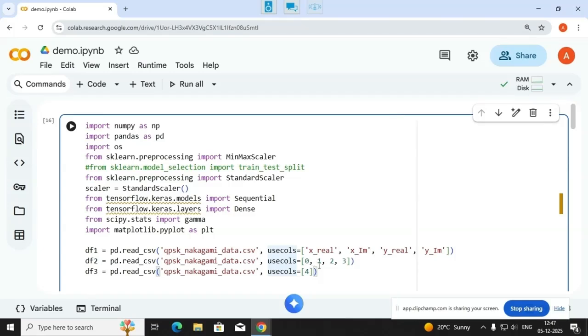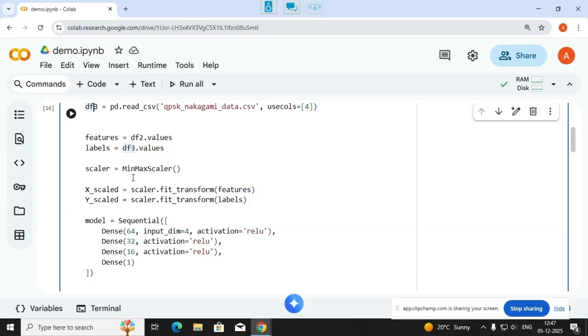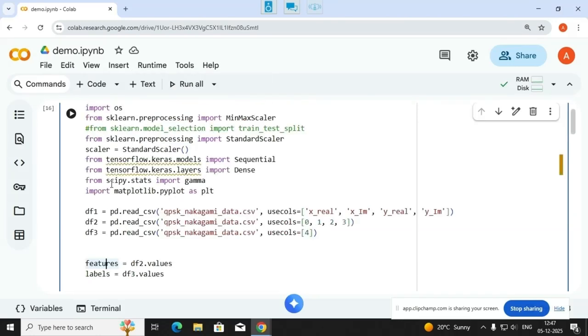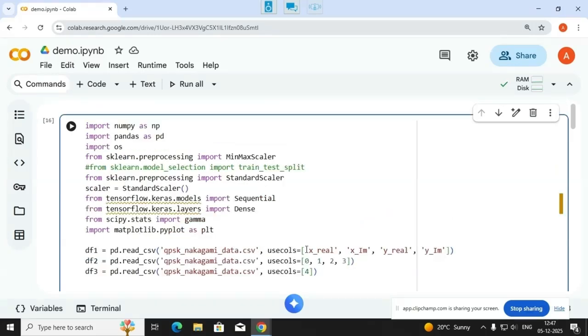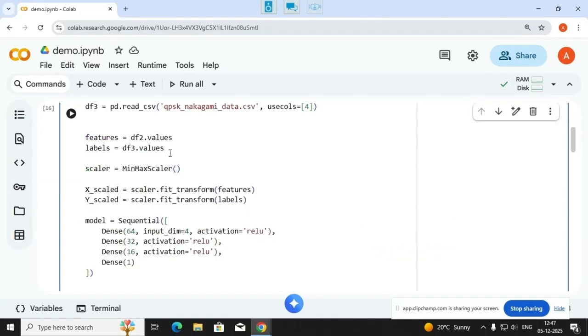Therefore, I will import the first four columns as df2 and import the fourth index, which means the fifth column, as df3. So my df2 is basically df2 dot values. I will store those to be the features. The features are x real, x imaginary, y real, and y imaginary, and the labels are df3, which are the channel estimates.